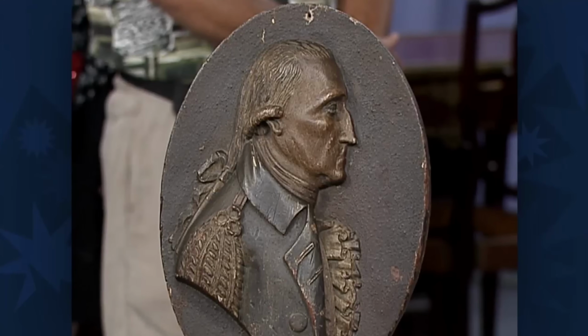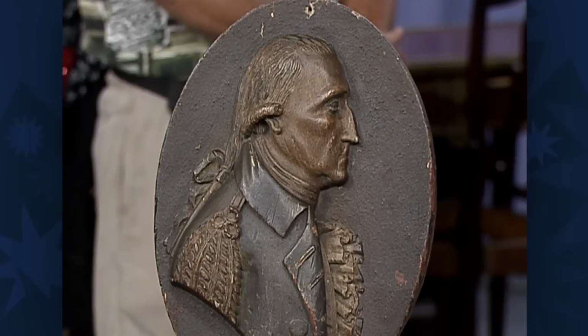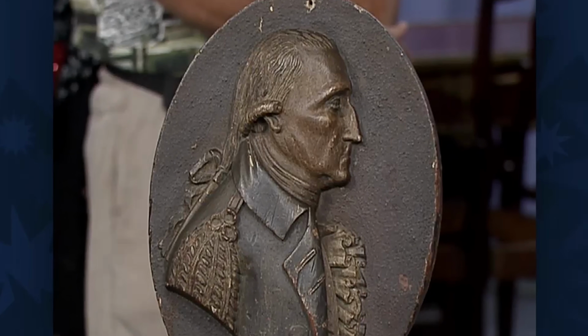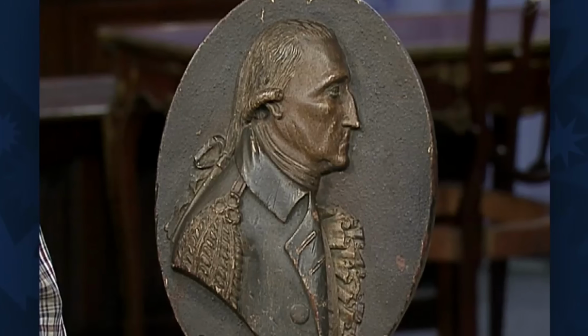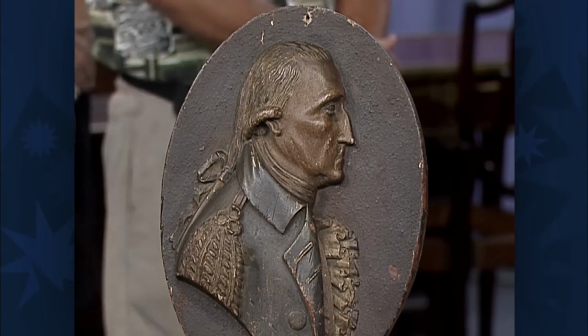A patriotic relic with roots in celebration, architecture, and American legacy, passed through generations and preserved with quiet reverence. The guest recalls seeing this carved medallion of George Washington in her grandfather's living room, then her father's, and now her own. I remember it from the early 1920s hanging in my grandfather's living room. And then when he passed on, it was in my father's living room. And when he passed on...